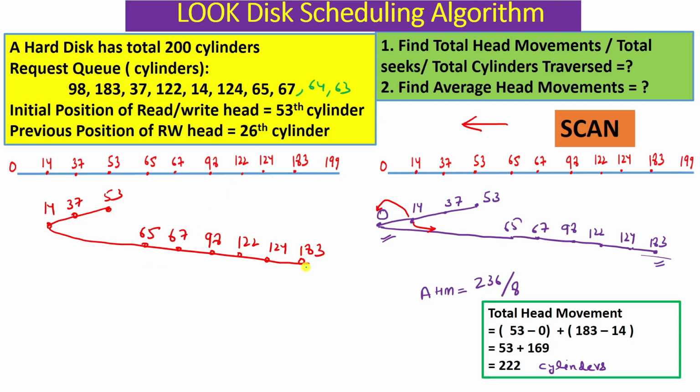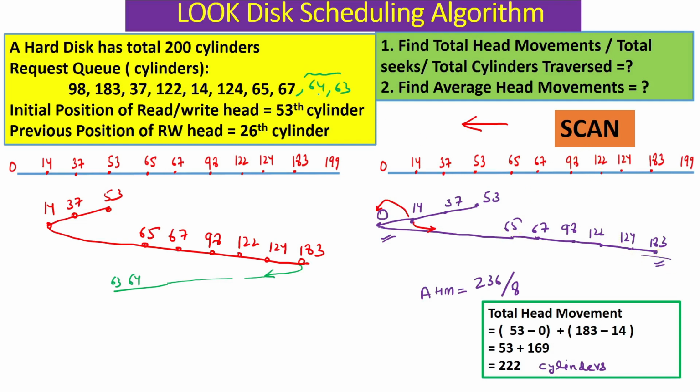So in that case, what will we do? In the LOOK algorithm, we will change our direction from 183 only, and then complete 64, 63, and after that we will stop here. But if the same question is done with SCAN, then we will say, okay, after 183